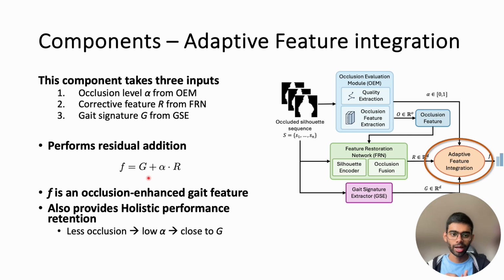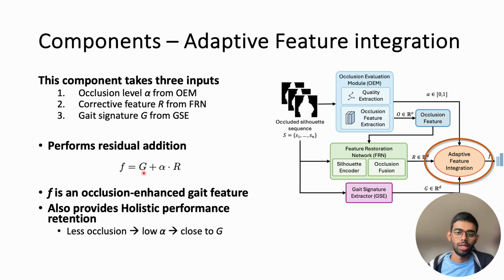retention. And the reason why is because of the way we integrate it: we scale the residual feature, or the corrective feature R, by alpha. And if you recall, alpha is a measure of the occlusion present in the input. Now, if the occlusion is very severe, alpha will be higher, and so we'll be able to apply a higher correction to the corrupted gate features, and that's why we'll get a higher performance. But when the occlusions are less severe or not present at all, alpha would actually